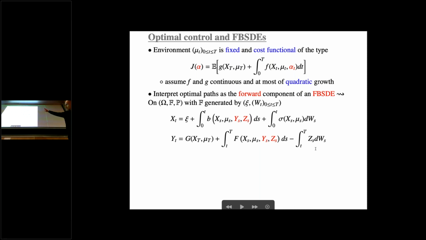In fact, if you remove the last term, the equation that you get is a kind of ordinary differential equation that is set in the backward sense. You would have that yt at the end is given by capital G of xt. I'm not saying now what is capital G. This is not the same as little g before. I'm going to say that next. And then the derivative in time would be minus capital F. And once again, I'm going to tell you next what is this capital F.